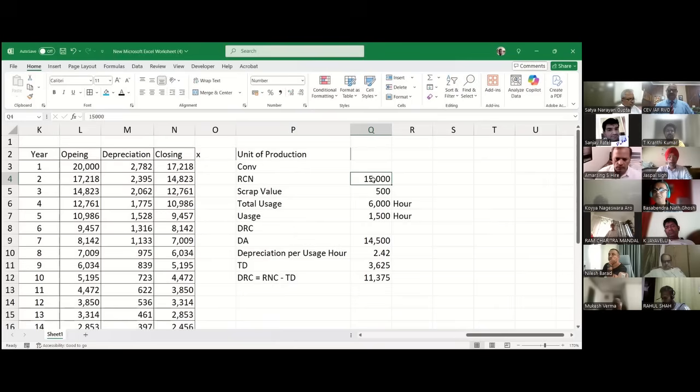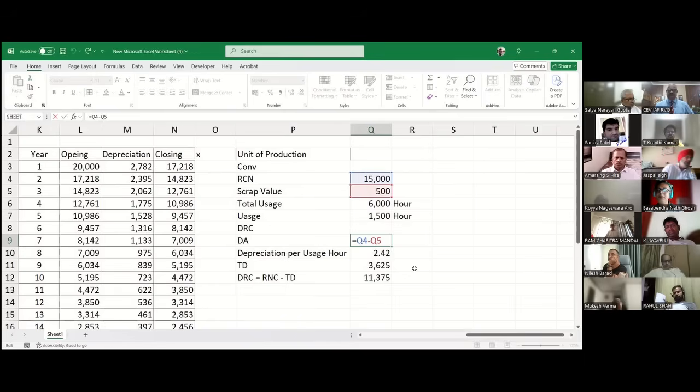So replacement cost is 15,000. अच्छा 15,000 ओके। और फिर इसको स्क्रैप में निकालना है? So इसमें scrap is not coming into picture. स्क्रैप ये डेप्रिसिएबल अमाउंट में हो गया ना? डेप्रिसिएबल अमाउंट फाइंड करने के लिए हमने रिप्लेसमेंट कॉस्ट माइनस स्क्रैप वैल्यू पहले ही कर दिया।